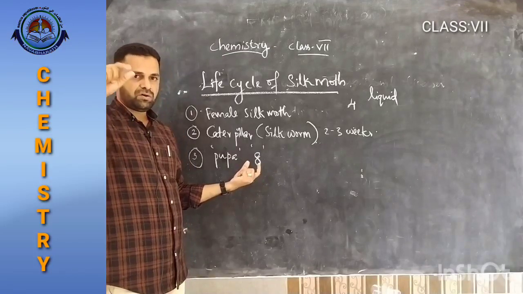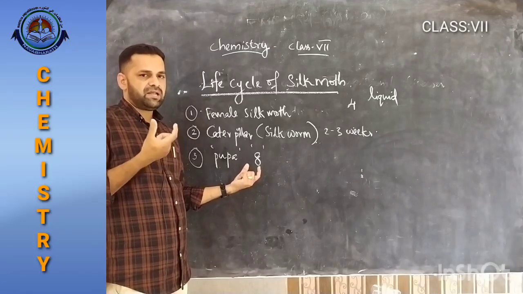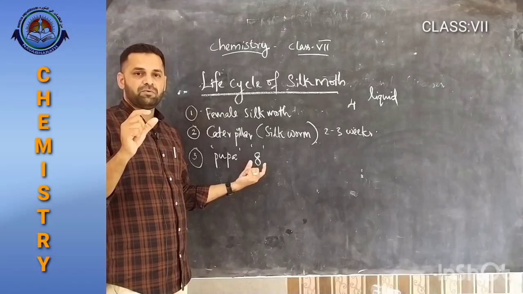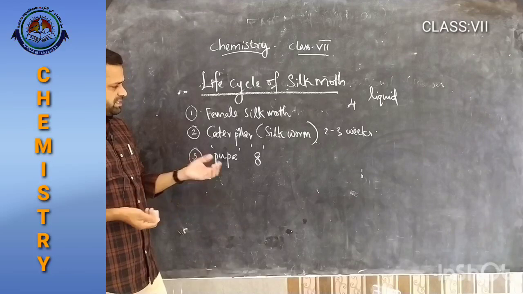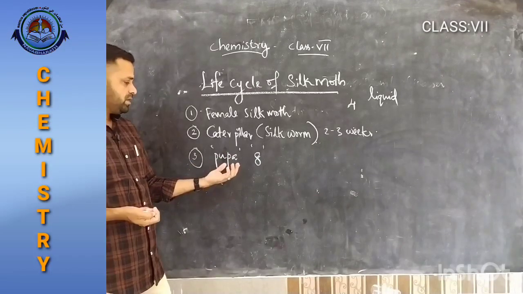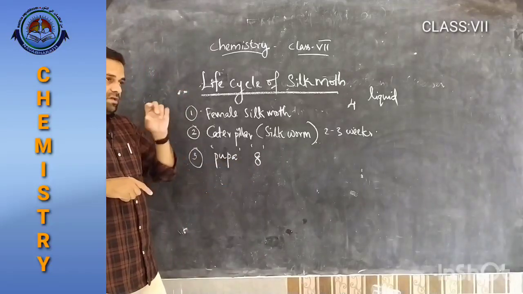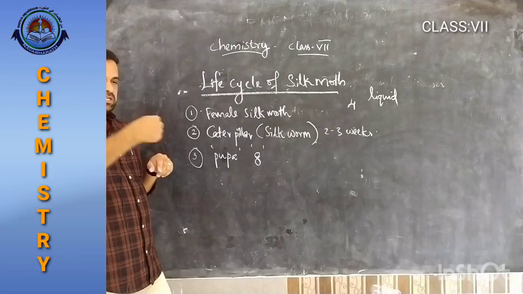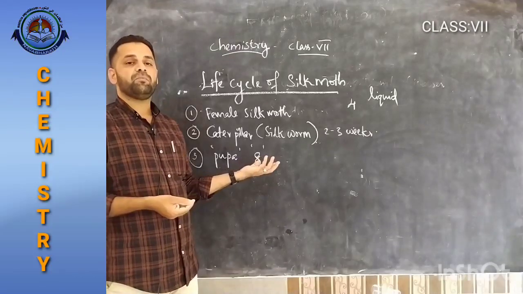So, I told you that the 2 glands present in the head will produce what? This liquid form of silk. When each silk moth begins to spin, they move their head in the 8 pattern. At that time, through the tiny pores of the head, it secretes what? The liquid form of silk,